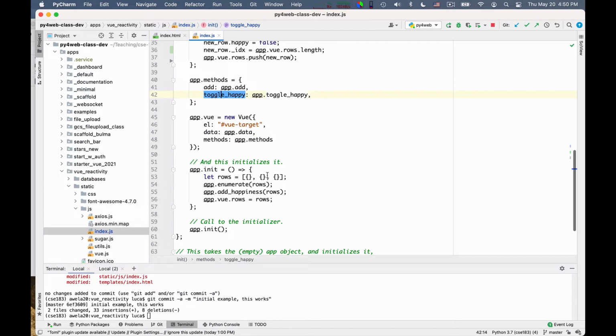It builds a list of 3 rows, initially they are empty objects, and then it first adds the underscore index, and then it adds the happiness, and then sets it. So everything is very simple and traditional. And everything works well when it works. And so the problem is now, what happens when it doesn't work? How do we actually debug it?